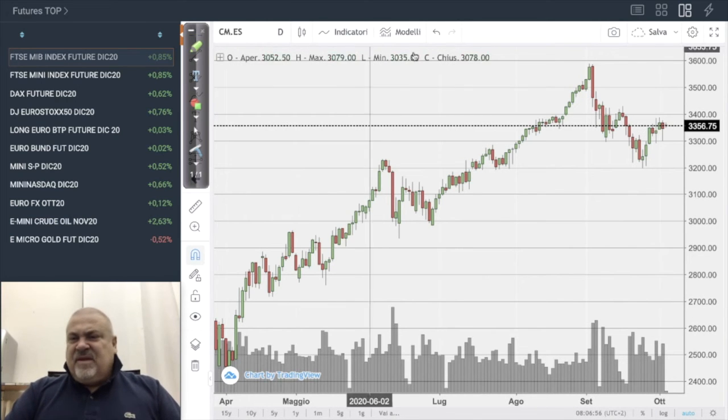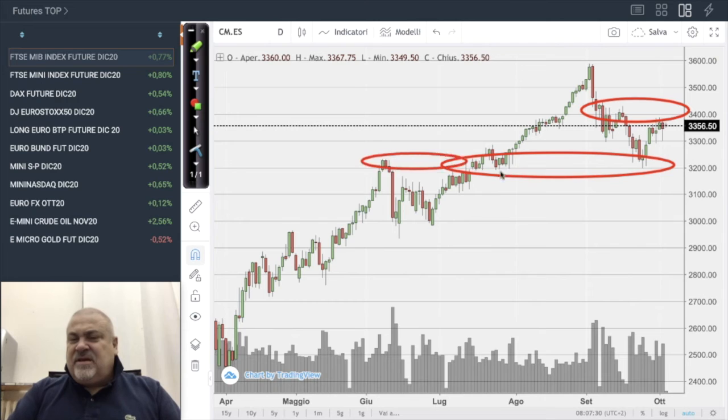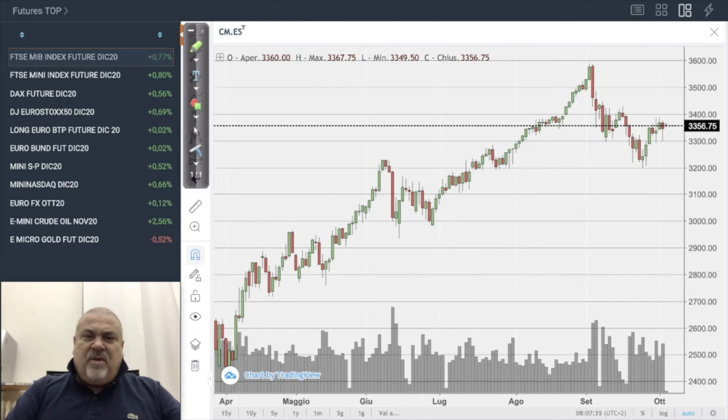So the S&P 500 is a little bit stronger, and this is because the stocks that were more impacted there were the big five, such as Amazon, Apple, and so on. They are impacting 50% of the Nasdaq, only 25% of the S&P 500, and this is something that we can see. On the S&P 500, 3,400 will continue to work as a resistance, and all this area, 3,200 will continue to work as a support. So let's switch to Europe, where we have